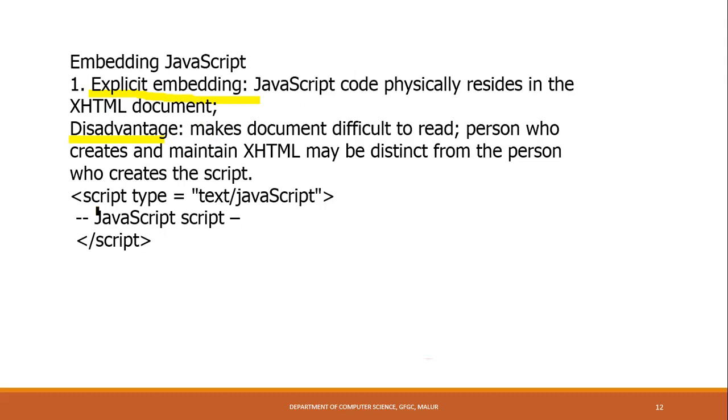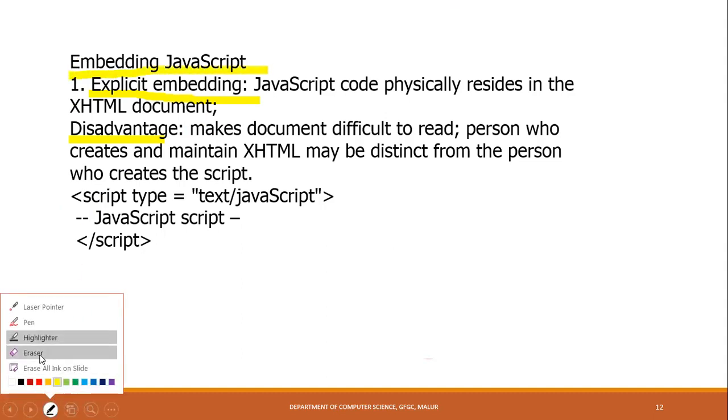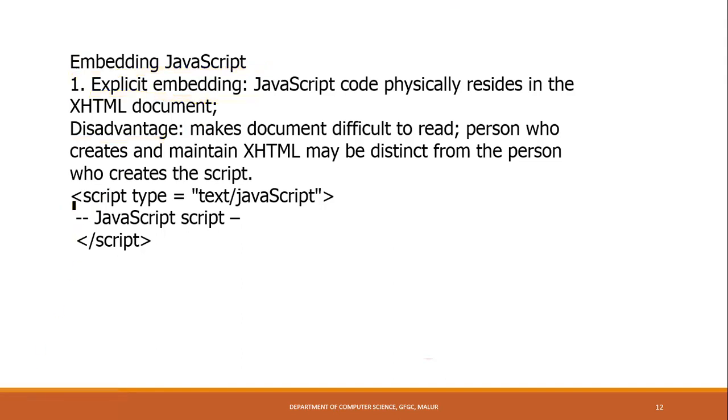And how we are going to create JavaScript in an embedding method is, see, this is the one which you need to remember. This is the syntax we need to remember throughout. You need to start a script tag within the HTML. Maybe you can give this inside the head tag, or you can use this in the body tag. Anywhere you can give, because script is not going to display anything in the browser. This is used for validation and verification. It's not going to give color or font, not going to display anything in the web page. So it can be given in head tag or body tag.